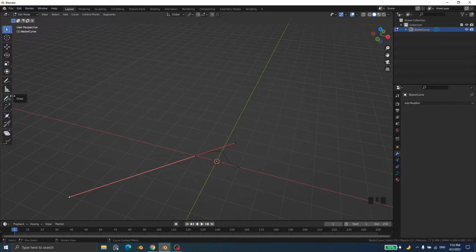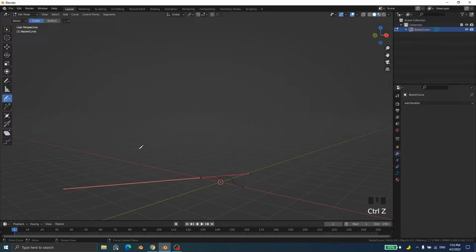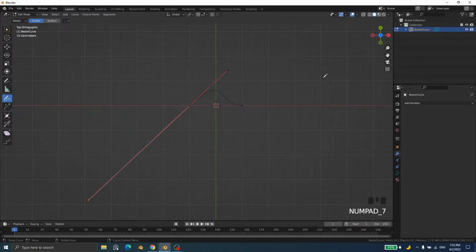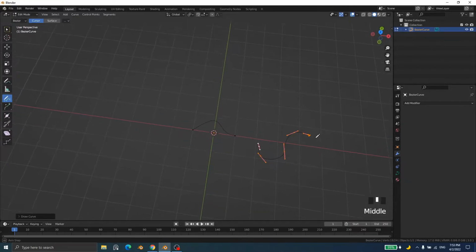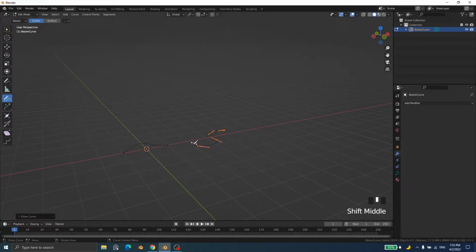About this here, let's see the draw tool. We can go to here and draw something like this, and something will be created, but not in a proper way. Well, I will press Ctrl Z and I will press 7 and I will draw something like this, and I can see it's in a proper dimension. Okay,